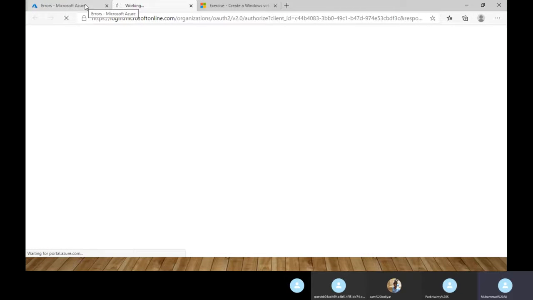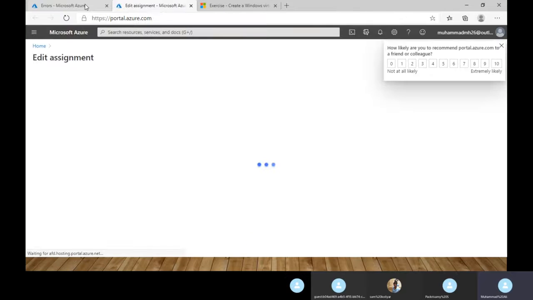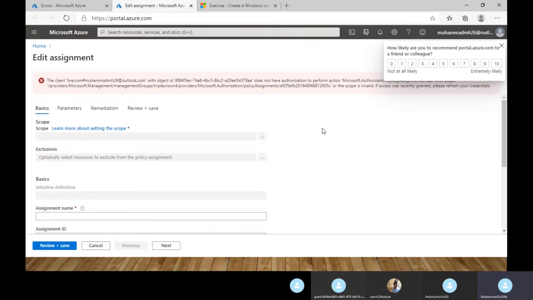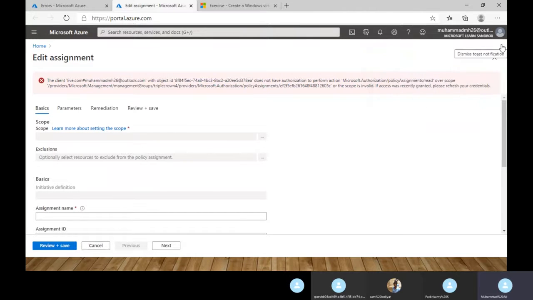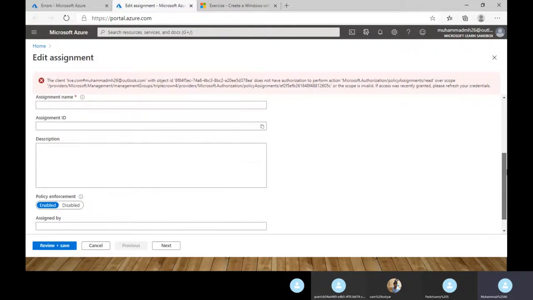In this free version you don't get some options here. What does it say? This accelerated network is not available for this free service.